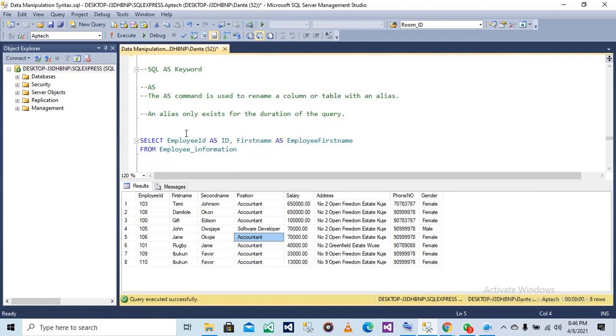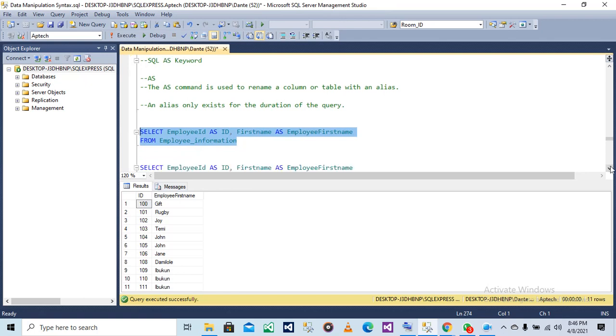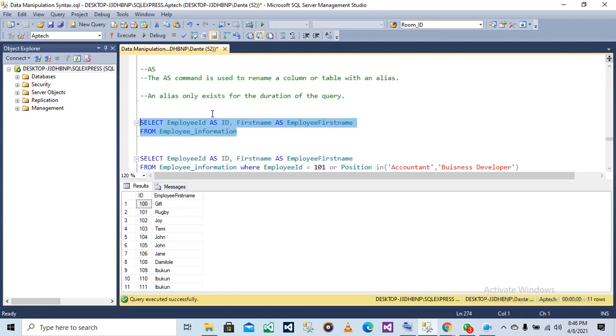So you can see, select employee ID. Employee ID is a column on our employee information table, and first name too. So we are going to select employee ID as ID, then first name as employee first name from employee information. So you can see we're just using this AS to rename the name of our column. It doesn't really have too many uses. I think this is the only way we use it, just to rename